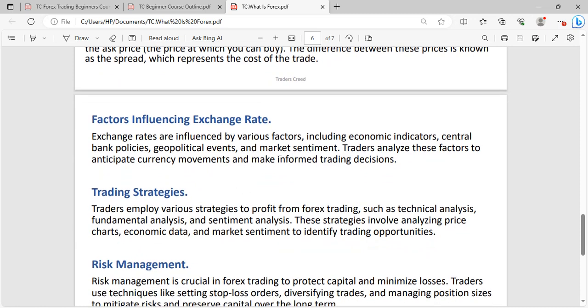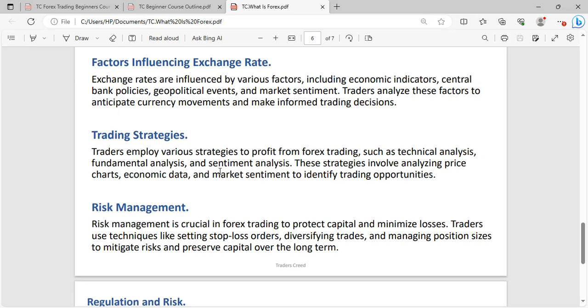What are the factors that influence exchange rates in a currency? These are the factors: fundamental factors, economic indicators, central bank policies, different things that affect the exchange rate. So what's a trading strategy? In Forex, you need a trading strategy. You need to learn certain strategies, and you can do fundamental or technical. You need a trading strategy and you need to refine it, and that's what puts you ahead of every other person. This is the thing that separates different traders, their trading strategies.